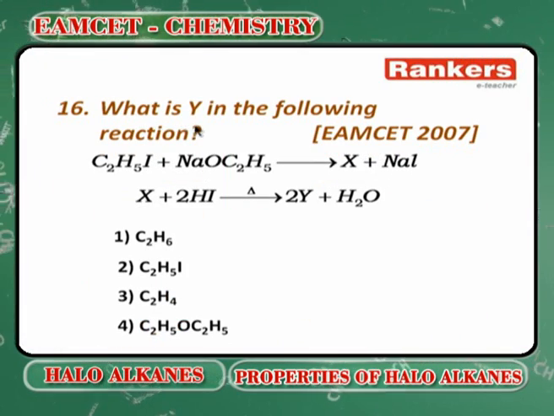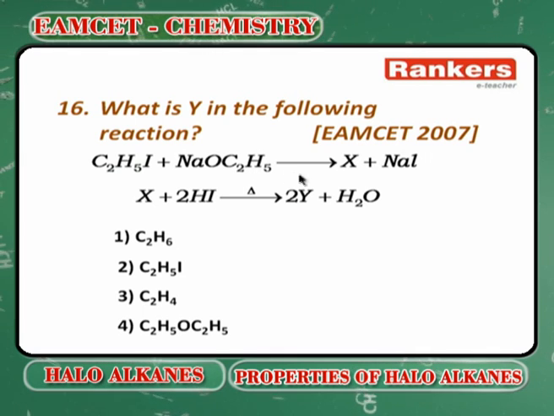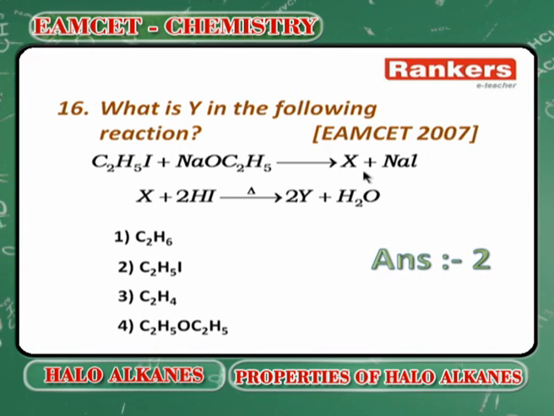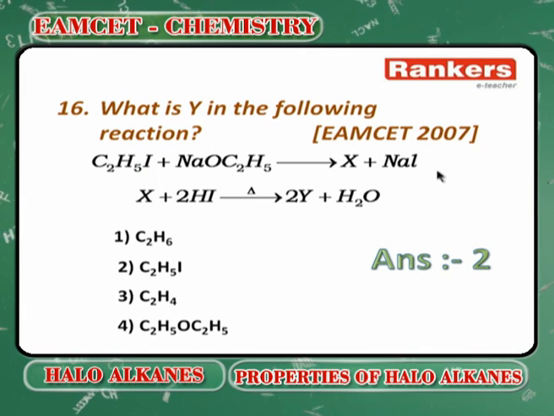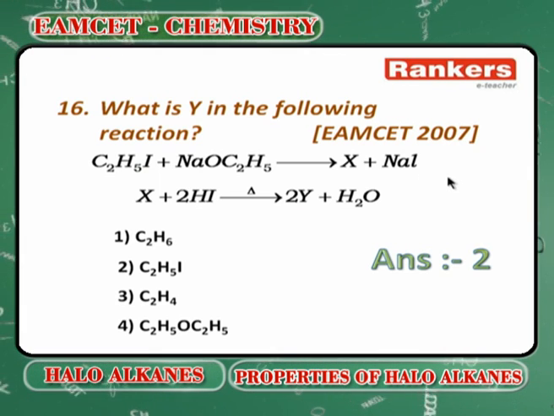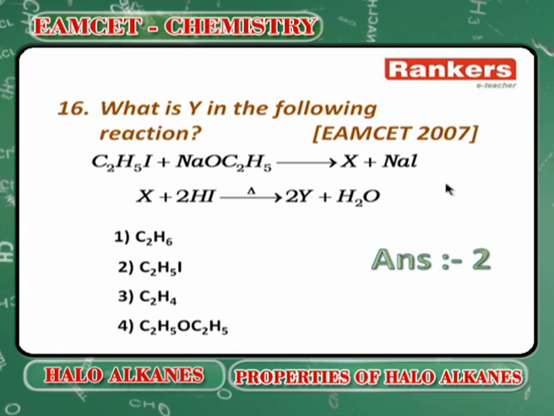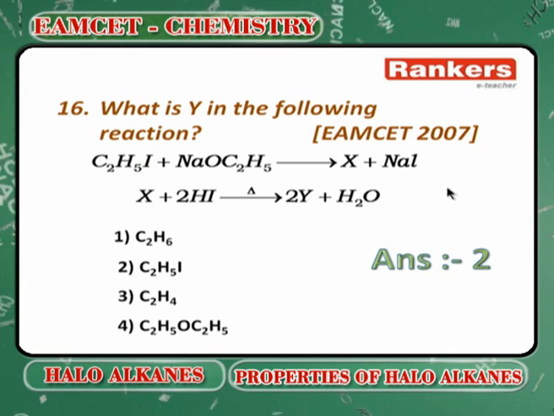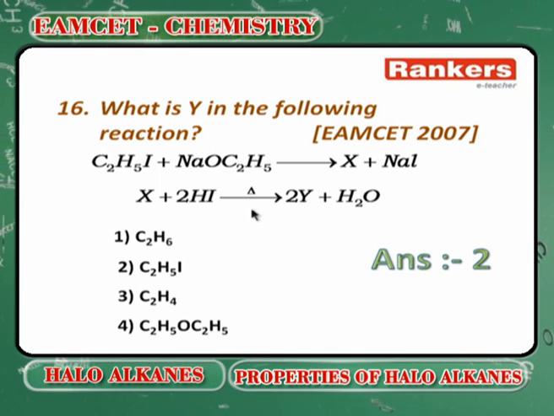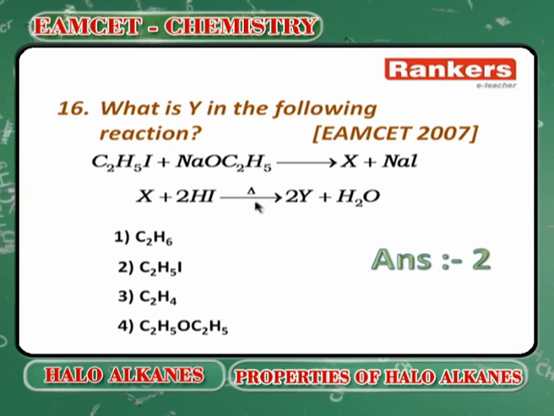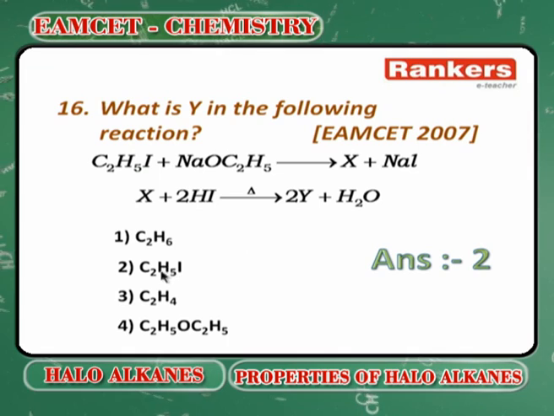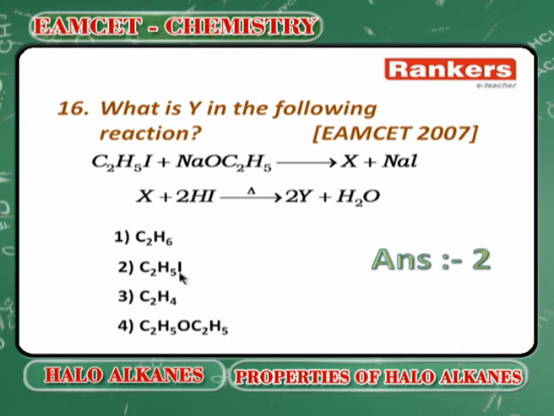ethyl iodide with sodium ethoxide. Sodium ethoxy group replaces the iodine to get an ether. That ether with HI, you will get again 2 moles of ethyl iodide. So, Y will be the ethyl iodide, X will be the ether. So, what is asked here? Y is asked, Y is the ethyl iodide. So, answer goes to the 2. Next,